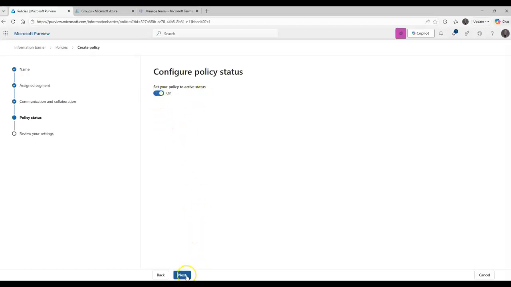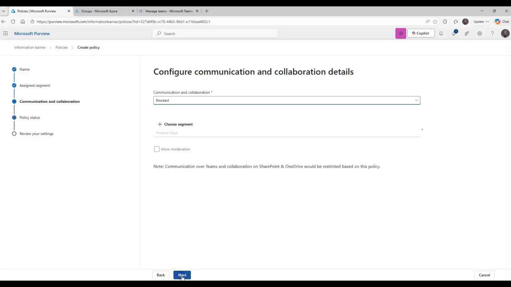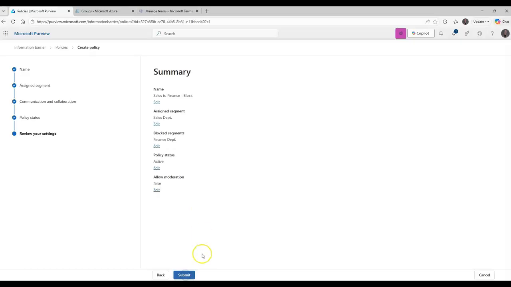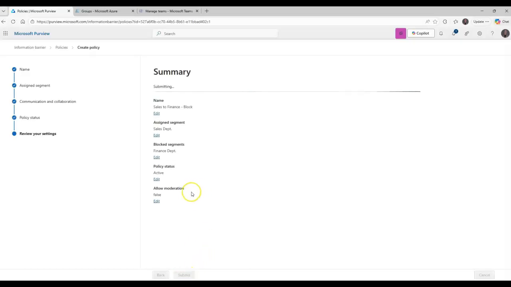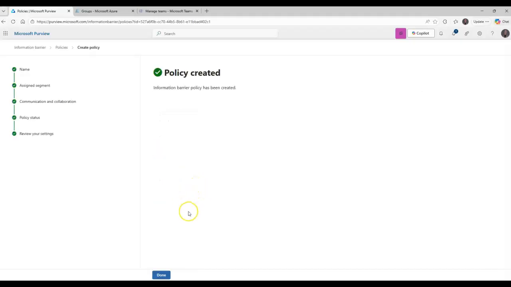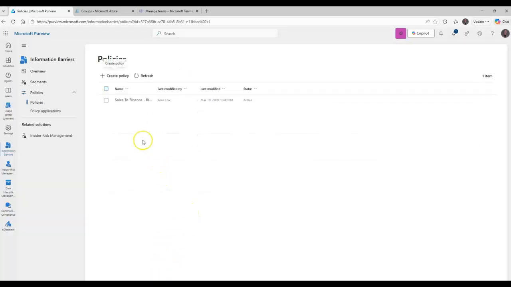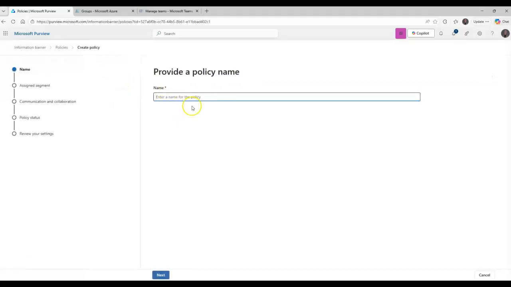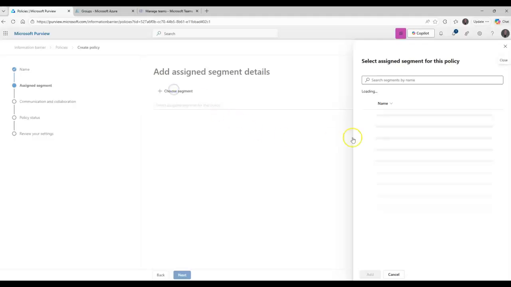I'm going to set this policy to active. So this was sales. This was finance to sales block. Okay, I'm going to enable that policy. Pretty straightforward here. Once this sets up, we're going to do the other directions. So we did sales to finance. We're going to go finance to sales, again, block. And then we're going to go